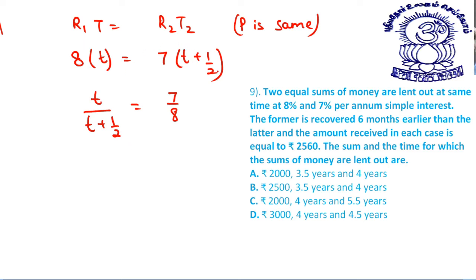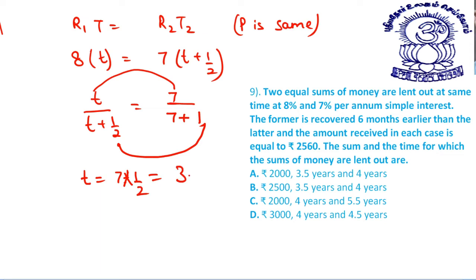This is t plus half years. Now easily you can solve. Or you can better read it as 7 upon 7 plus 1. If this half is 1, then t comes out to be, you understand, if this 1 is half, then this 7 will be 7 into half, or 3.5. Students, this is basically a linear equation. You multiply this, you multiply this, you will directly get the answer, but this is a better way of solving this. So your t comes out to be 3.5 years. So the t is 3.5 years.